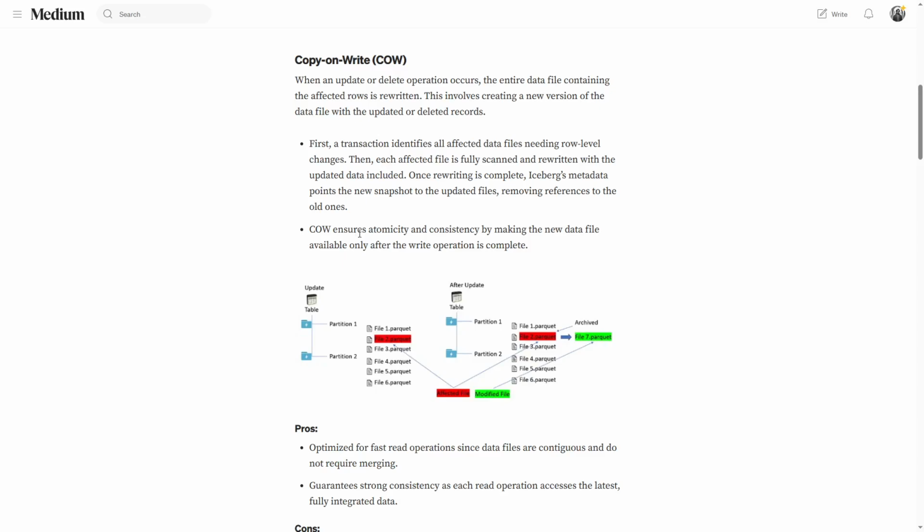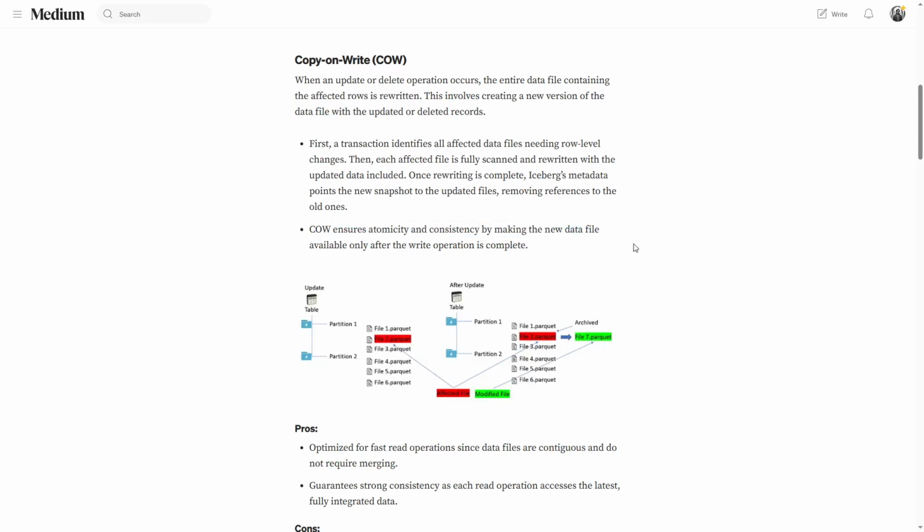But you see the challenge: we are rewriting the data. Let's say we are using the default file size of 120 MB. Although one single row needs to be updated, the whole file is getting rewritten. So we will have more storage requirement for that, plus the update will be slower. Now copy on write, because it creates a new file and then updates the metadata pointing to it,